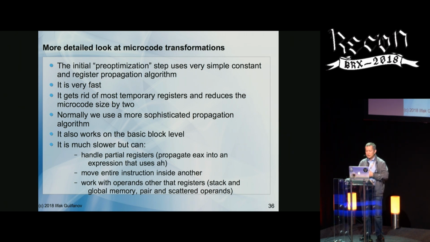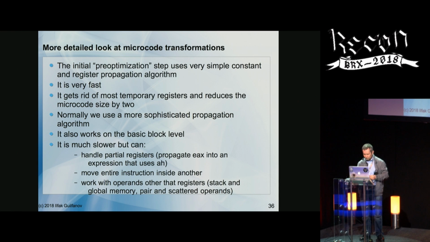We start first at the basic block level, and we first optimize each basic block individually by propagating register values, even partial registers. For example, if you propagate a wide EAX register into a small instruction that handles only bytes, this can be handled. So we can move one instruction inside another, and it can also optimize the stack, global memory, and other